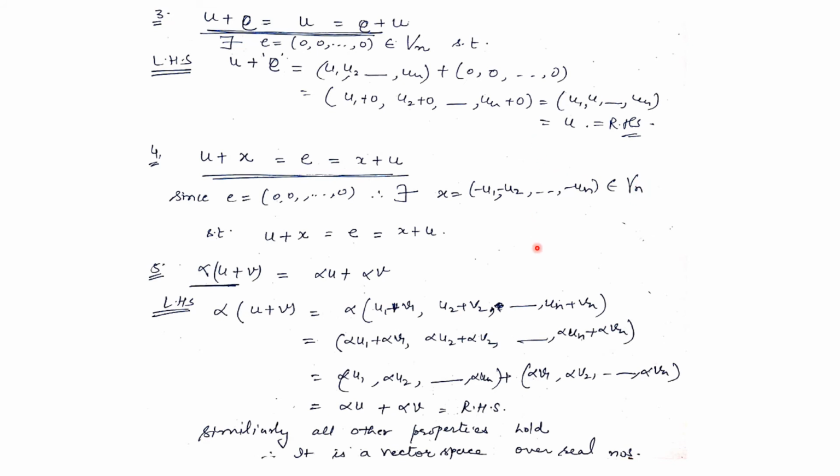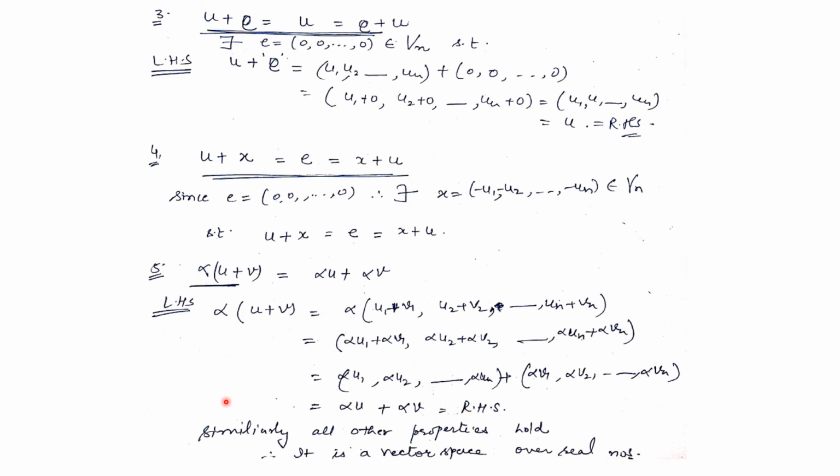So first all the four properties exist. It is commutative, associative, identity, inverse. Now the rest of the properties are with respect to scalar multiplication. So what we want to show is alpha times u plus v is alpha u plus alpha v. So we consider again the left hand side. First of all, you do u plus v. U plus v is the coordinate wise addition. Then you define the scalar multiplication, that means you take alpha inside. Multiply each coordinate by alpha. Now you can separate this addition. Now this is nothing but your alpha u, this is nothing but your alpha v. So this is your right hand side.